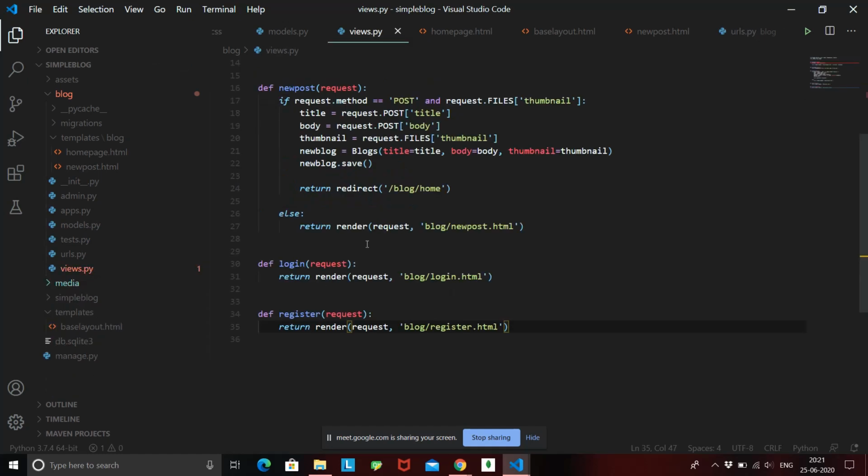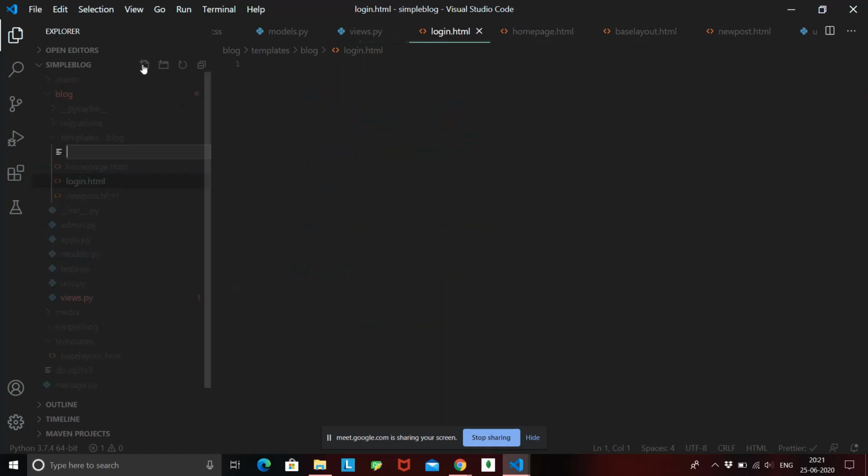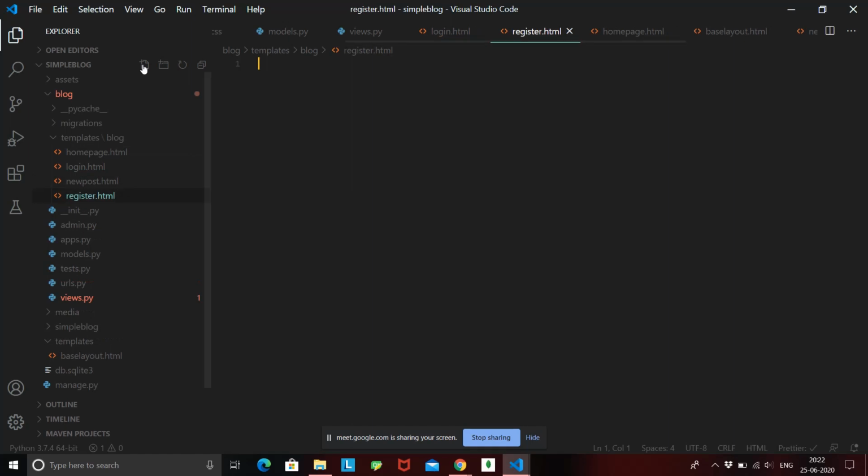Okay, so now let's create these two HTML pages, that is login.html and register.html. So here I am inside my templates and inside it, the blog folder. Let's create a new file, that is login.html, and another file which is register.html. Also we need to extend this, that is we'll again extend it from the base layout.